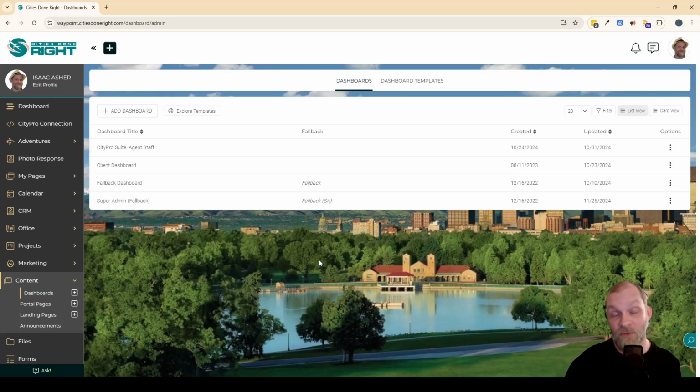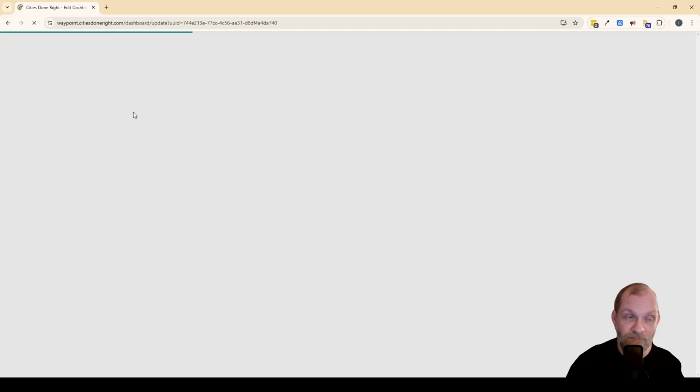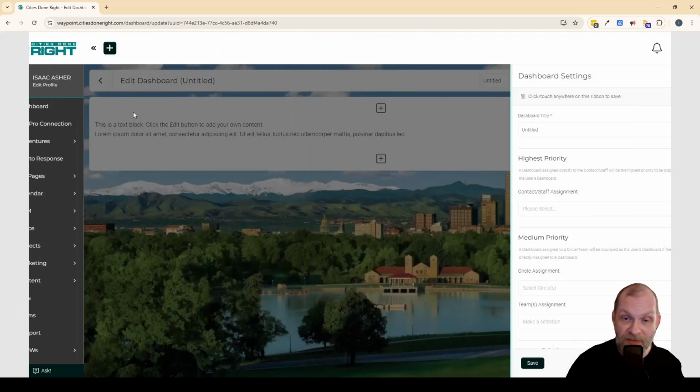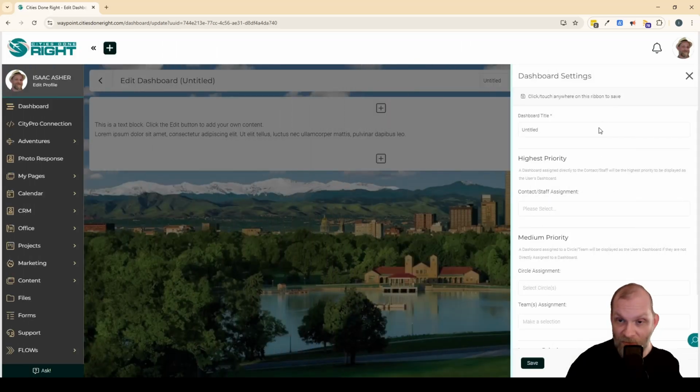So it might be shortcuts to other parts of the system. It might be documents that you want to make available to all of your clients. Whatever it is, it's whatever you want your client to see every time they log in, right? So let's just design a new dashboard. I'm going to click Add Dashboard. We're going to start from scratch here. We'll call this